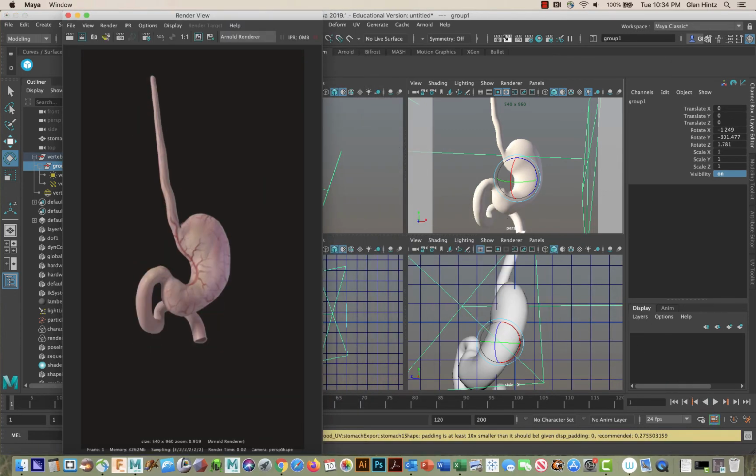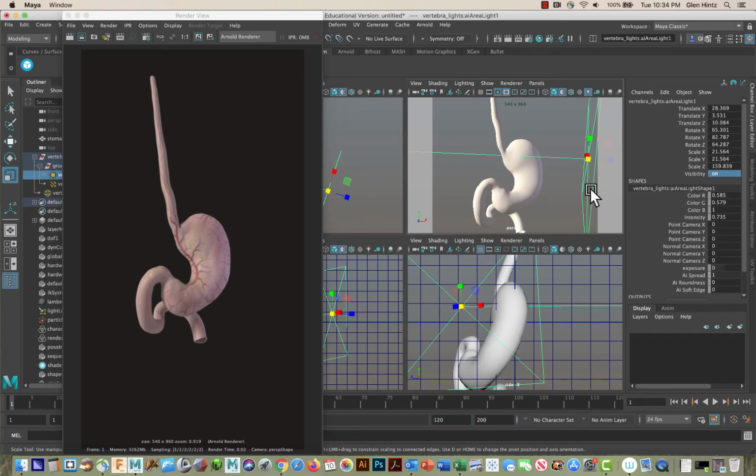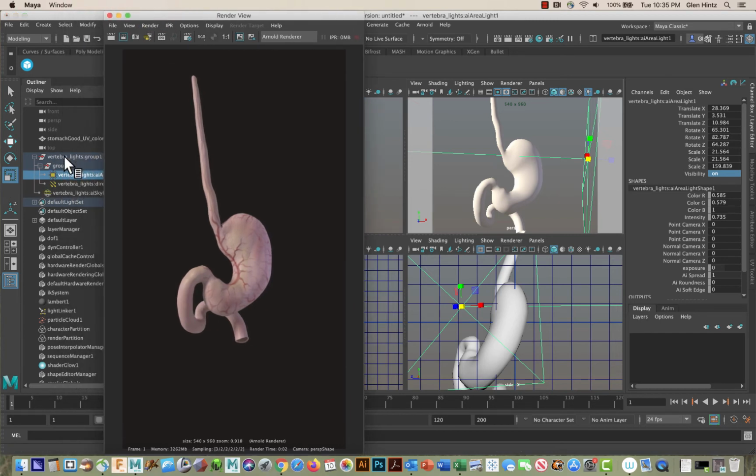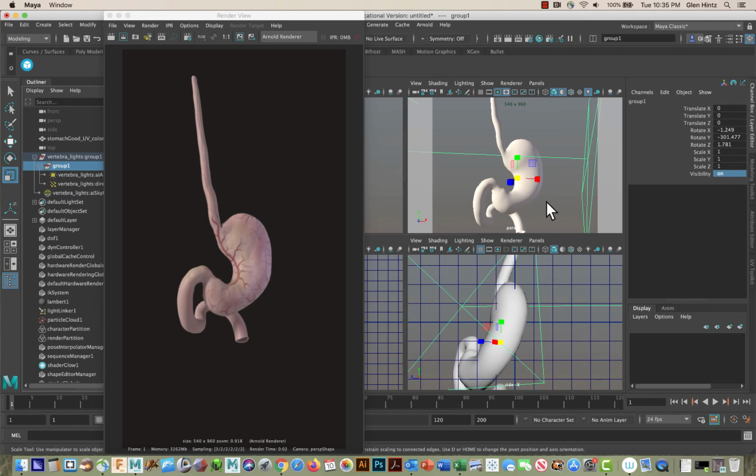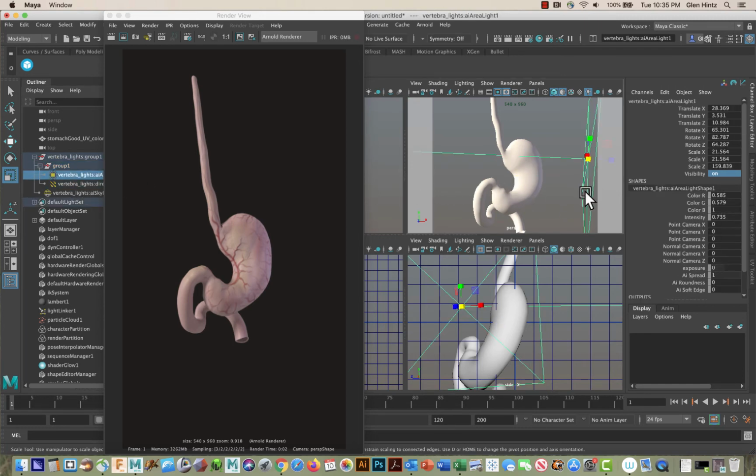You can see we've got some decent form. We've got some cast shadow. That's that fill light. Now maybe the fill light's a little too strong. Let's see what happens if we take just the fill light. Now you can click on the group in the outliner to move the whole set, or you can click directly on one of the lights. And if I scale that down a little bit,